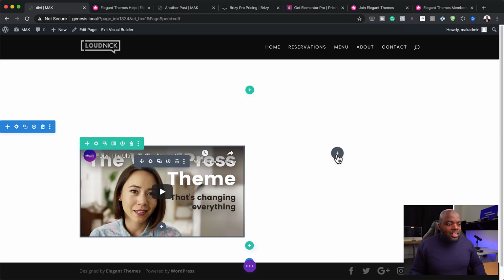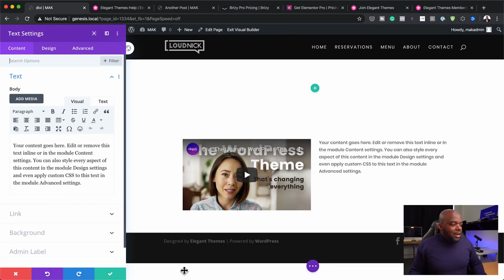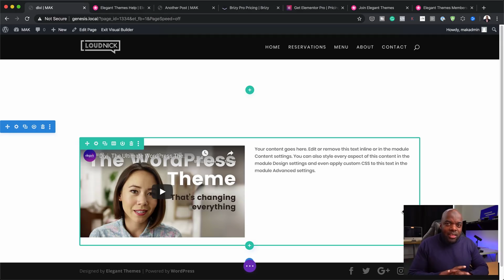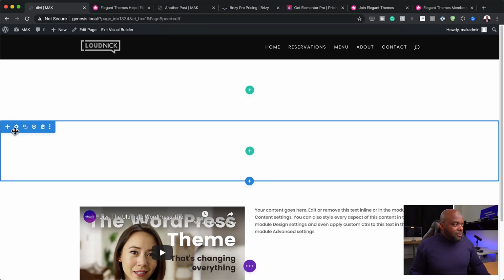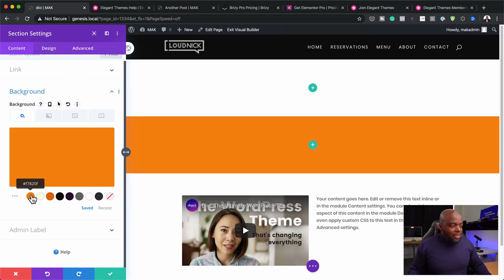Let's say you decide you want to add some text on your website. You can just search for your text module and select it. As you can see here, this is how you go in and start adding all the elements you need for your website. And let's say you want to delete stuff. You can just click on this trash icon and that will delete it. You can also duplicate this and have a different copy. Now, all the features are behind this gear icon. When you click here on settings, you can go to background and add your background color just like that